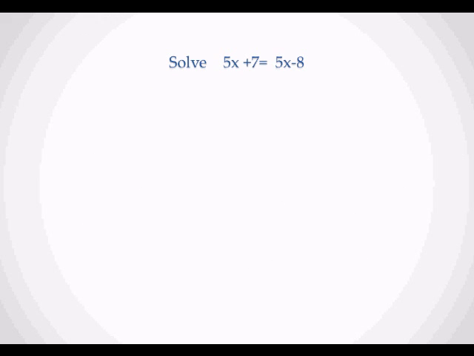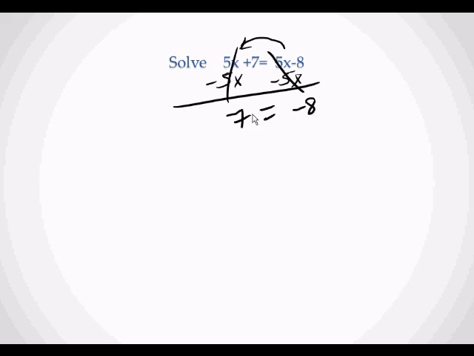All right, let's try the next one. Solve this. Solving means get an x on one side. When we don't have x squares, we just have x's, we just get x's on one side, everything else to the other. Let's try to get this 5x over here. It's a plus 5x, so I'm going to minus 5x. 5x minus 5x is 0. I'm left with negative 8x, or just negative 8 over here. 5x minus 5x is 0. I'm left with 7. When the x's vanish, when the x's go away,